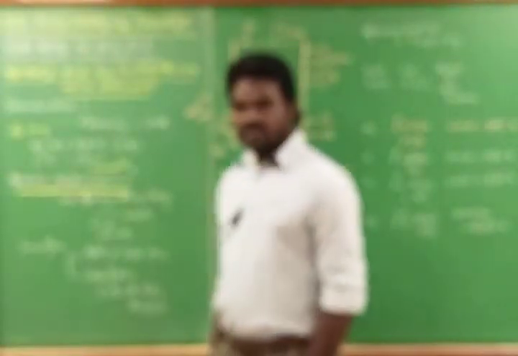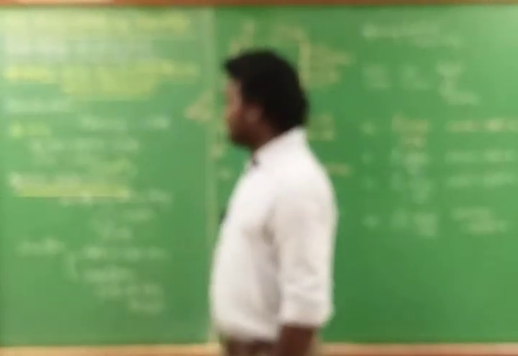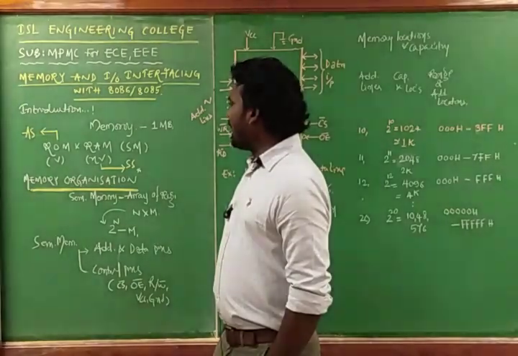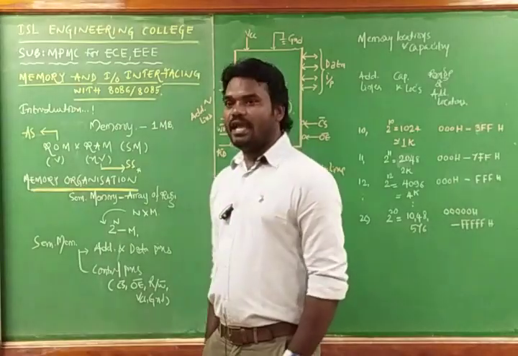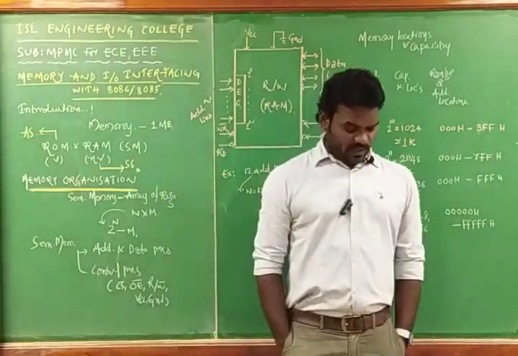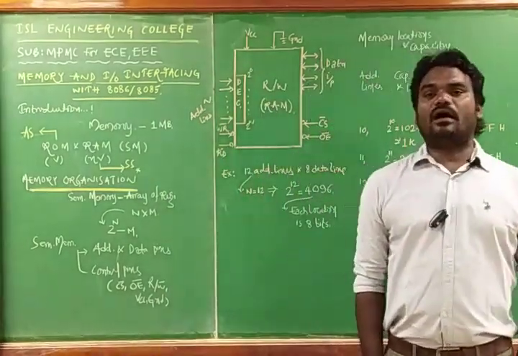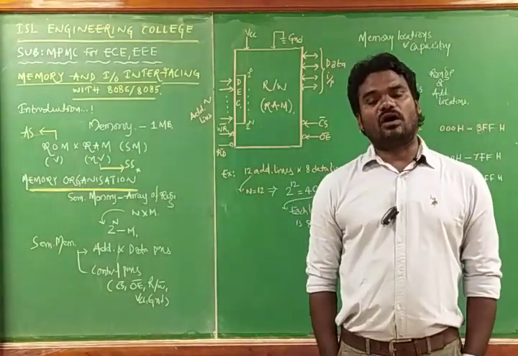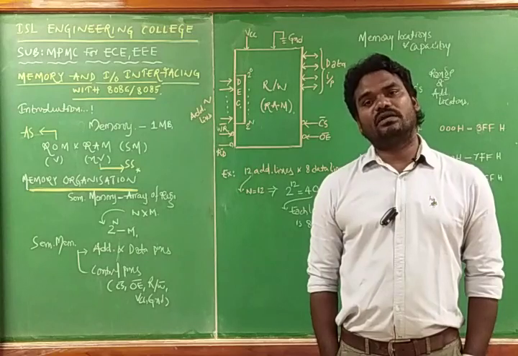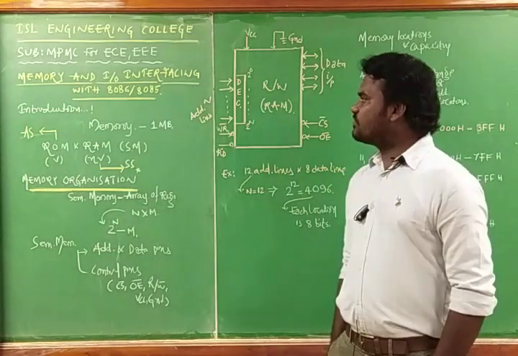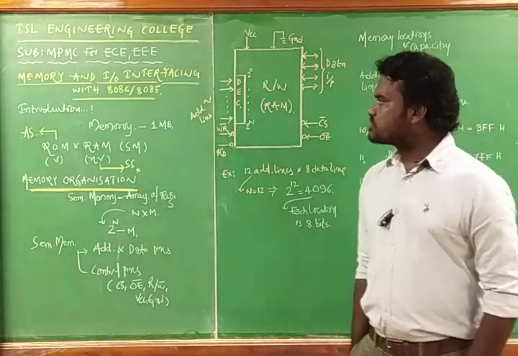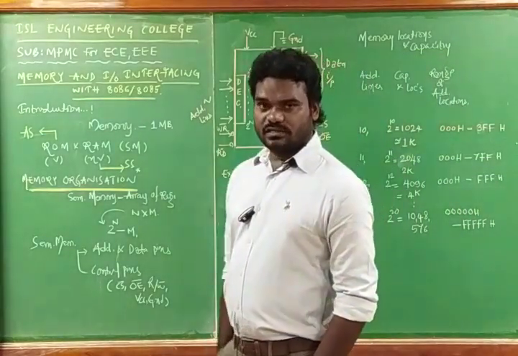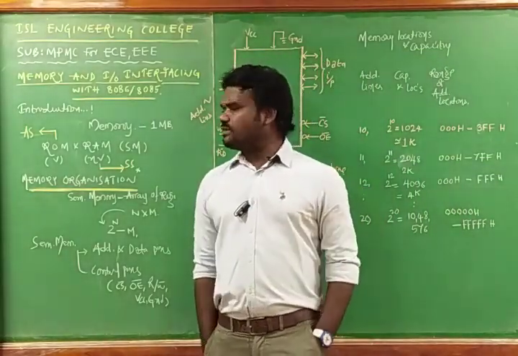The topic is memory and I/O interfacing with the 8086 microprocessor. I/O is nothing but input output devices. How the memory and the input output devices can be interfaced with the 8086 microprocessor, we are going to discuss now. Introduction: we know that